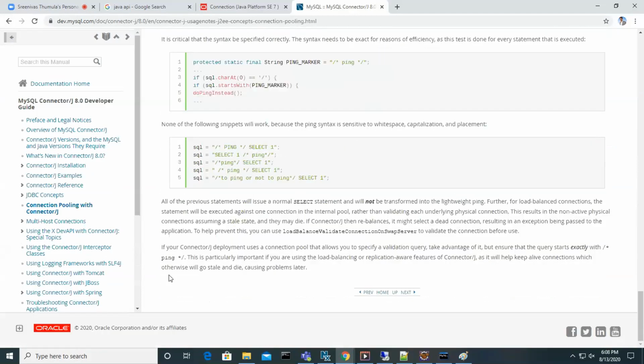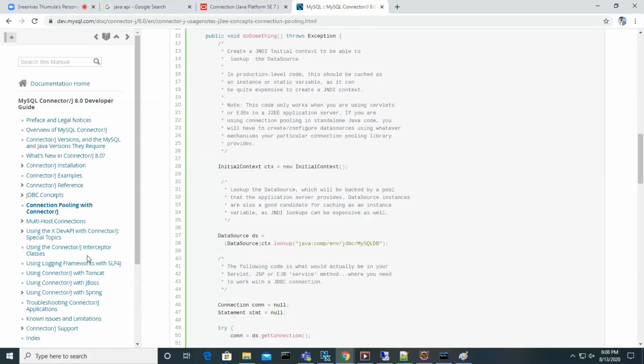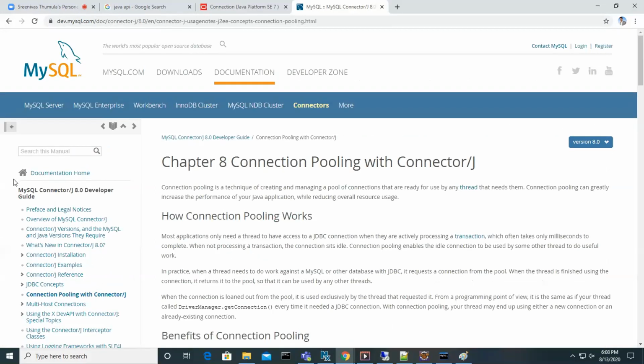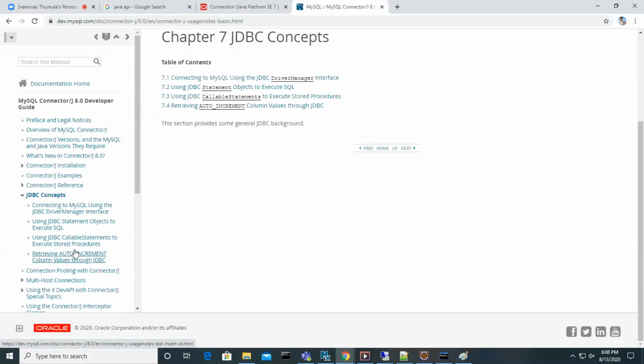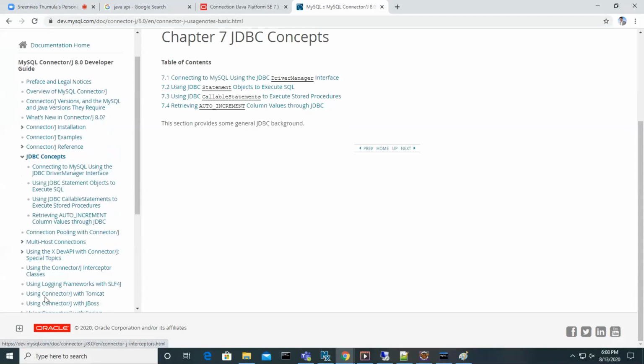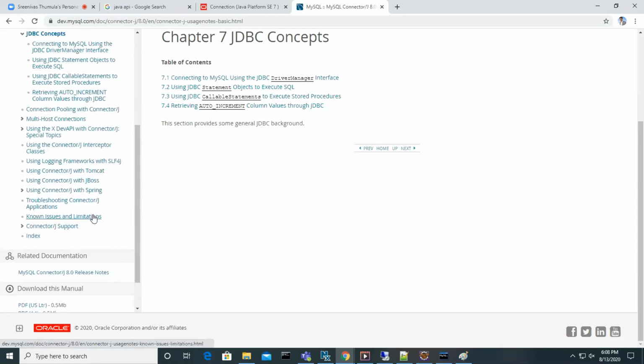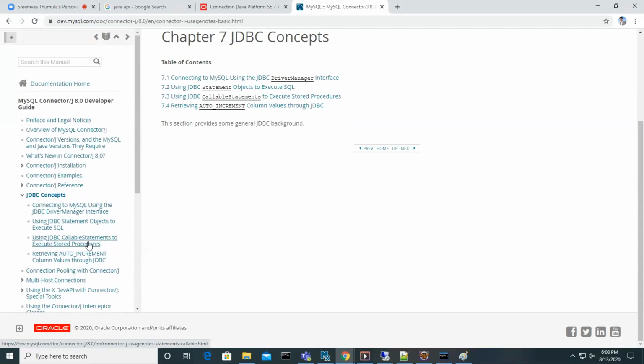This is a complete document, guys, on how we can use this connector. One by one they gave the concepts, connections, how to retrieve the data, and so many things. It's also one product, right? So that's the reason they gave this kind of guidance document on how to use it.